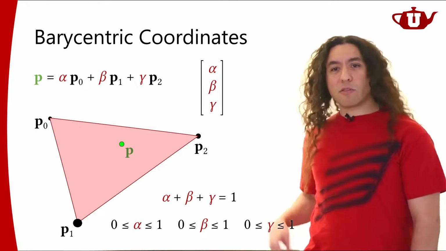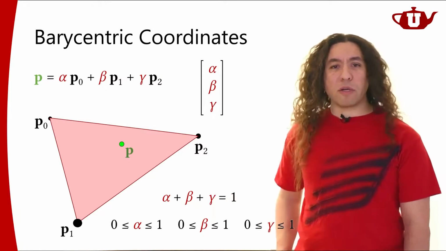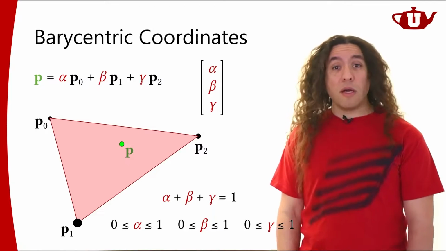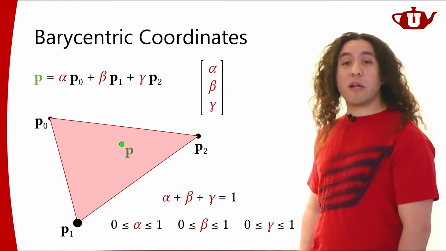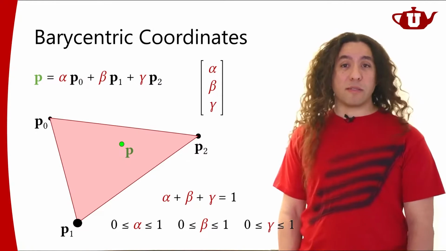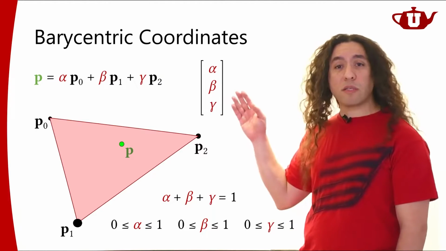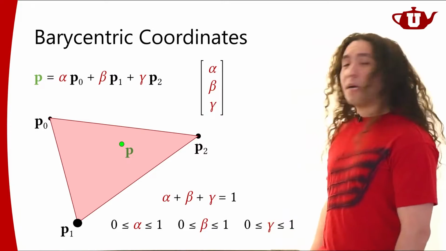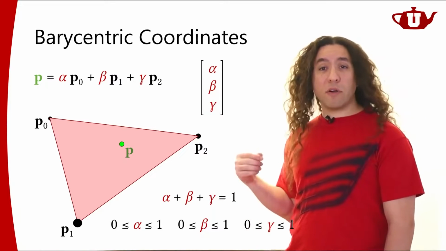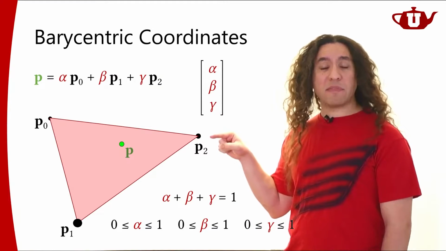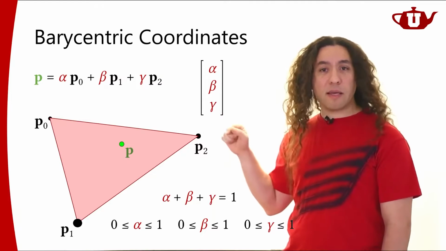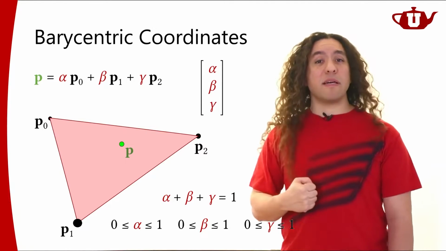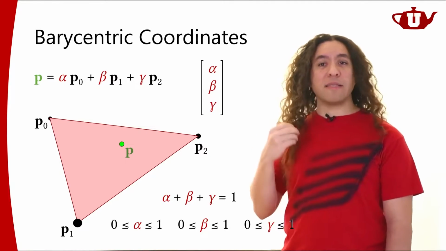But this is not the sort of stuff that we're going to need to worry about when we're rendering on the GPU, because the GPU will do all this barycentric interpolation stuff for us. It's going to compute the barycentric coordinates, it's going to do all this interpolation. In fact, anything that we send through our vertex shader, any data that we send per vertex, is going to arrive at our fragment shader as an interpolated value.